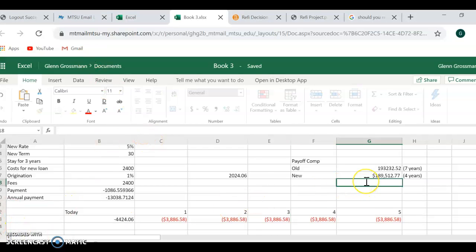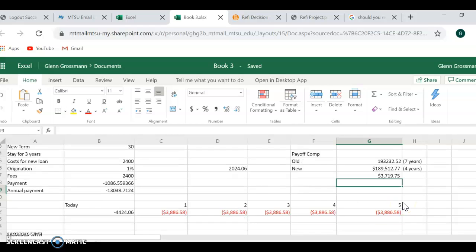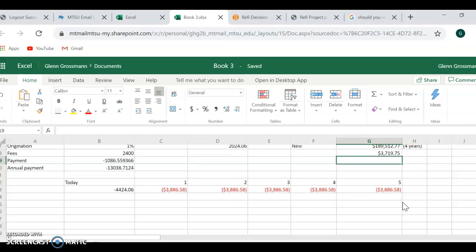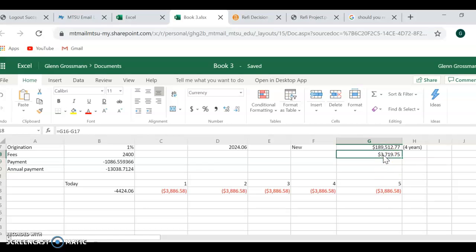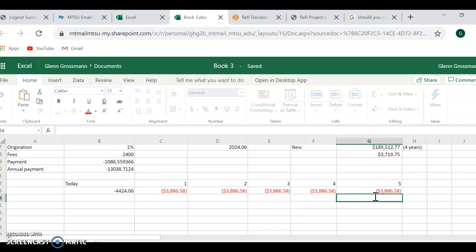Okay, so we're going to do a comparison of our old versus new. We're going to take our old and subtract it simply by our new to see what our difference is, and it looks like it's only about a $3,000 difference, so pretty negligible, honestly. And so we'll take this and just copy it down here,